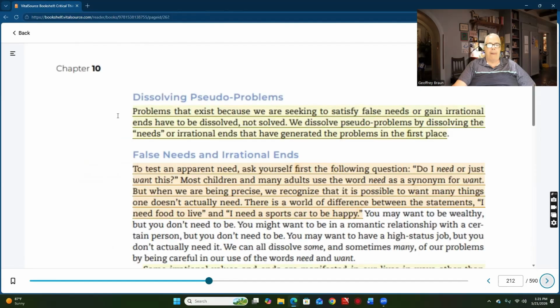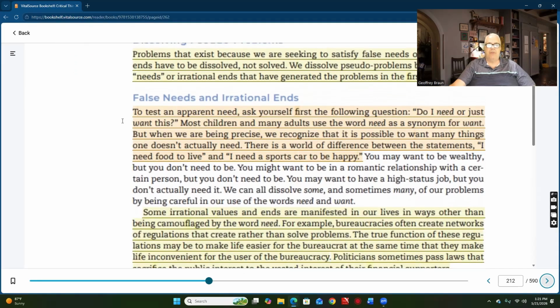Dissolving pseudo problems that exist because we are seeking to satisfy false needs or gain irrational ends have to be dissolved, not solved. We dissolve pseudo problems by dissolving the needs or irrational ends that have generated the problems in the first place. You can see that just from going over this text for some time, we're well into it, that to really get this stuff to take hold, for this stuff to really work for you,